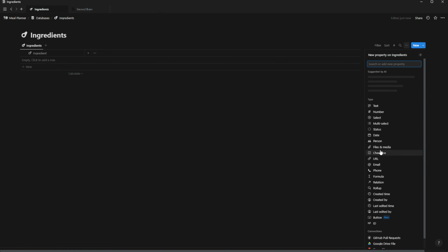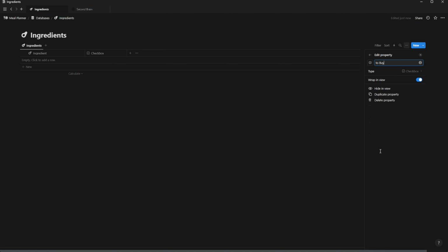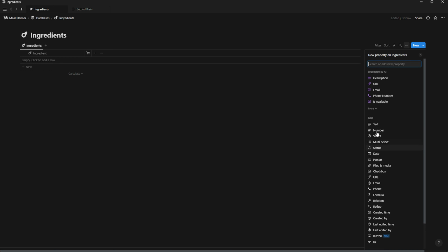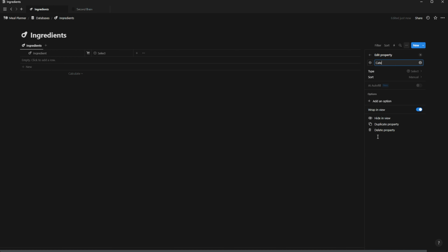For this database, we only need a checkbox property to select if we need to buy that ingredient, a select property to select the category of that ingredient, another select property to select where to buy that ingredient,